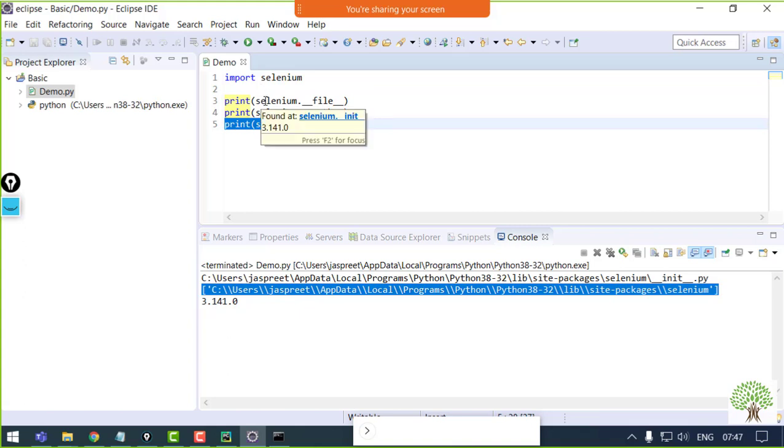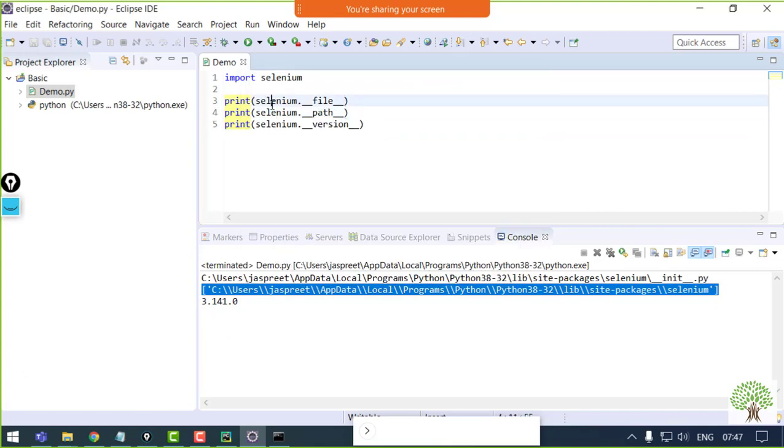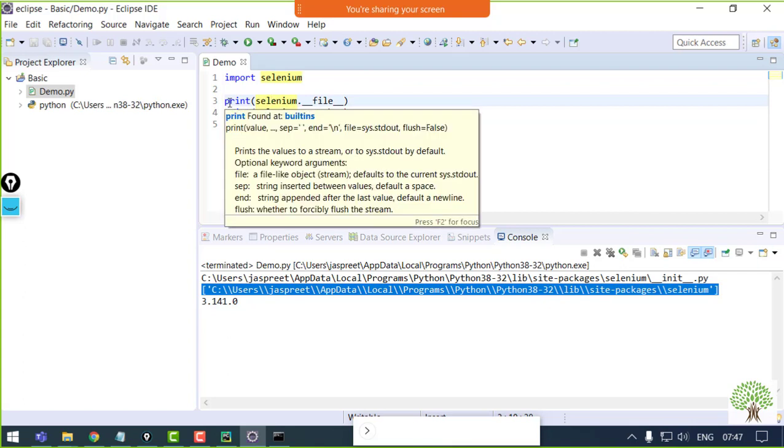Right now I have the Selenium written. I have not downloaded any documentation till now. You have seen yourself, I have just installed Eclipse. But over here I am getting the details. If I press F2, it will focus on my Selenium information. The same way if I take print, the print documentation is over here.